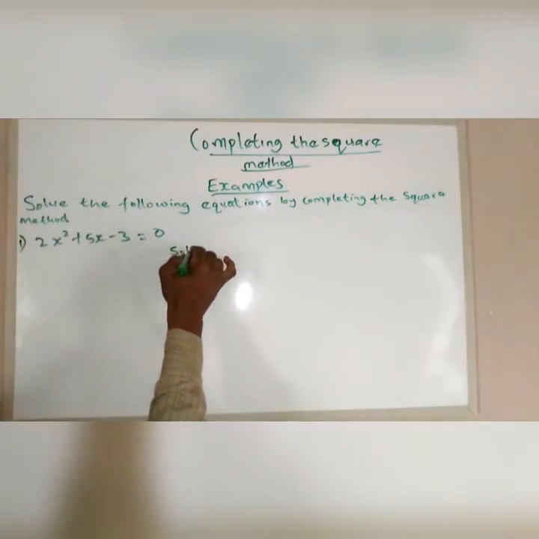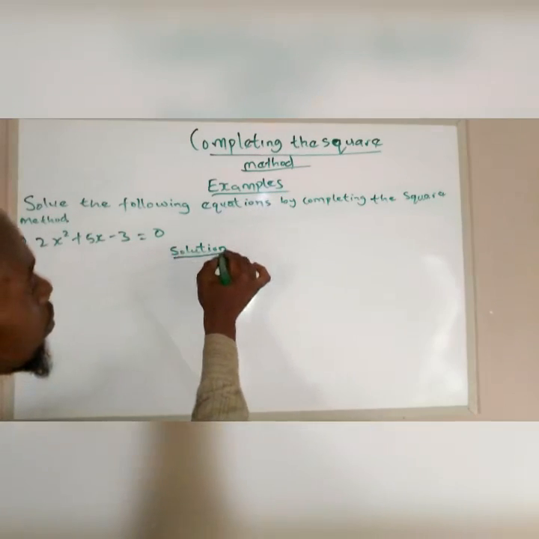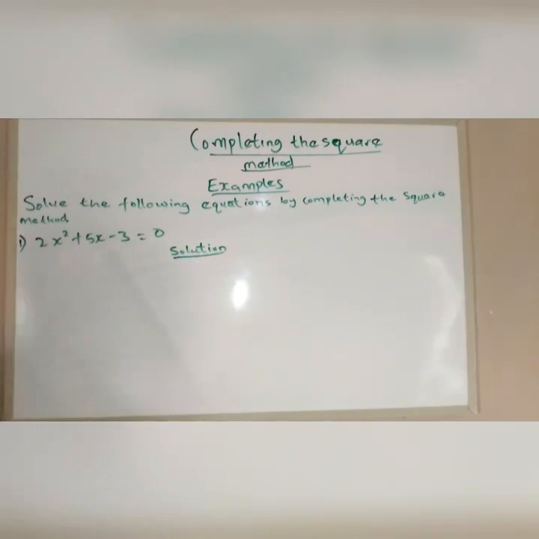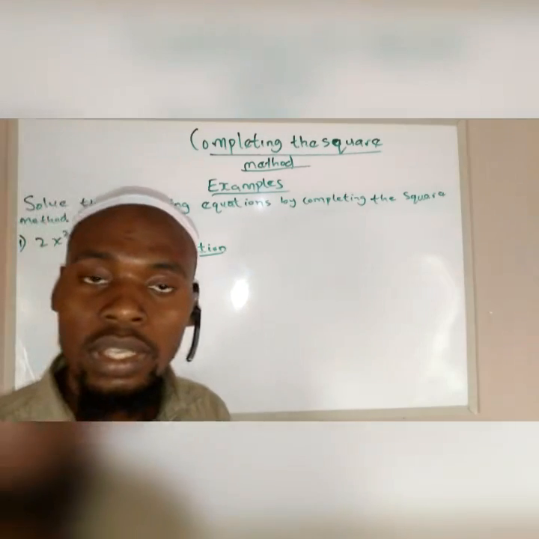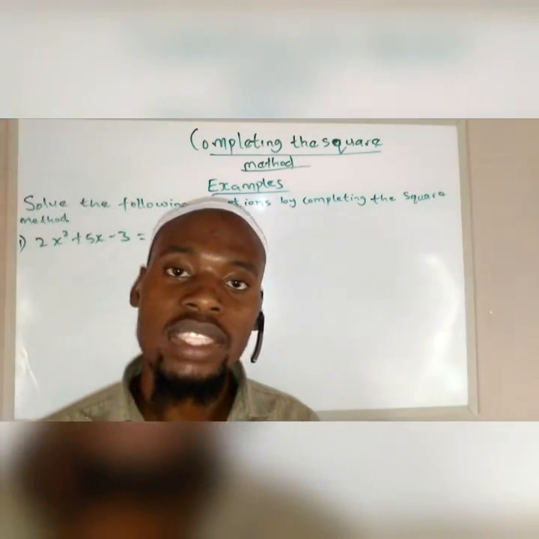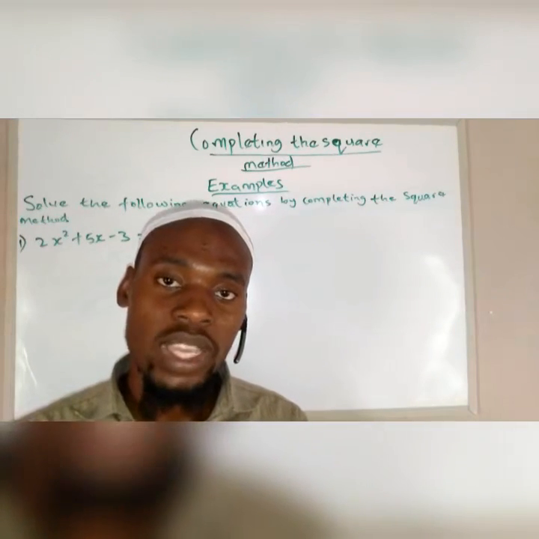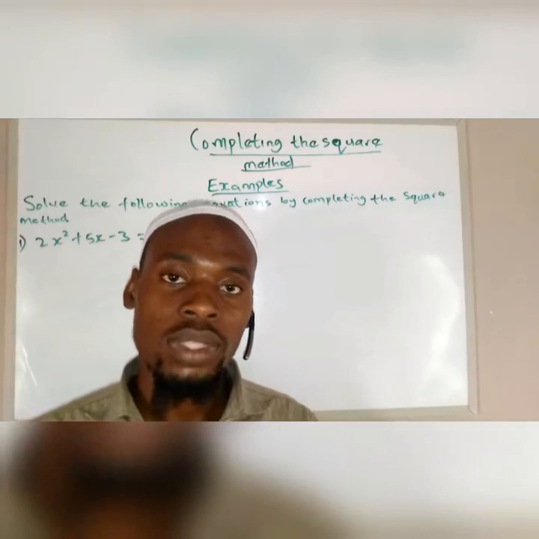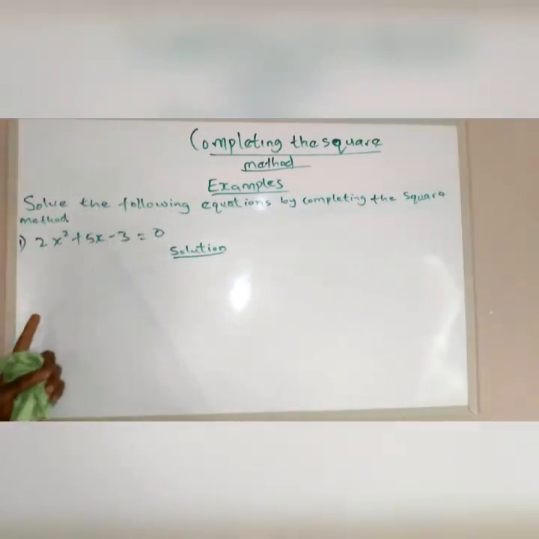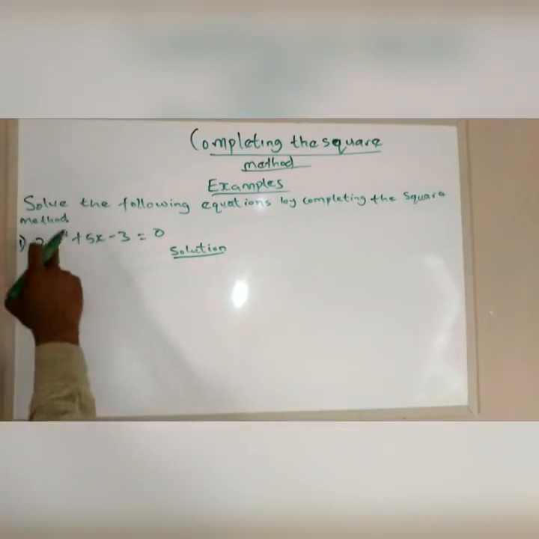So here is the solution. The first thing we need to do in completing the square method is make sure the coefficient of x squared, that is the variable x squared, its coefficient is 1. So looking at this equation, we have 2 as the coefficient of x squared. So what you need to do is divide all by 2, to reduce the coefficient of x squared